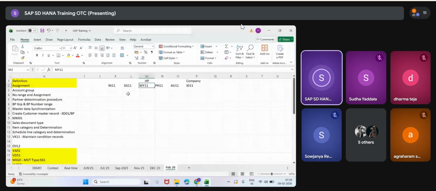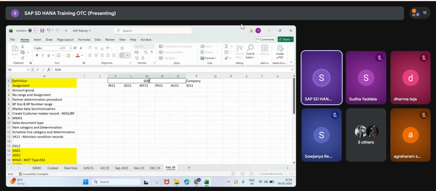So I am taking Sony as an example and giving 00. It may be 11, it may be 00, it may be 01, whatever it may be. You can understand, don't worry. So this we will call the company code, the legal code.